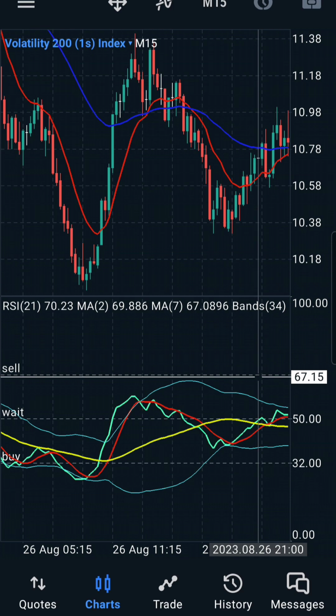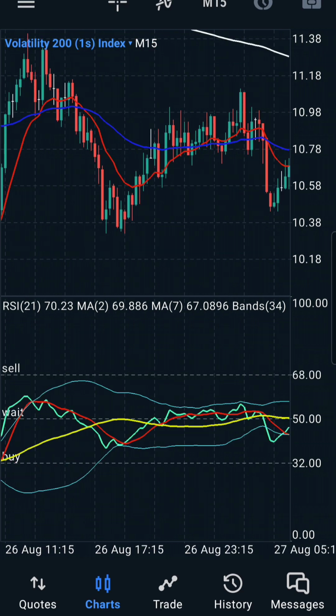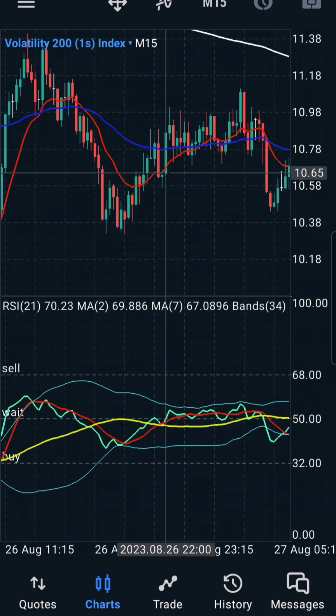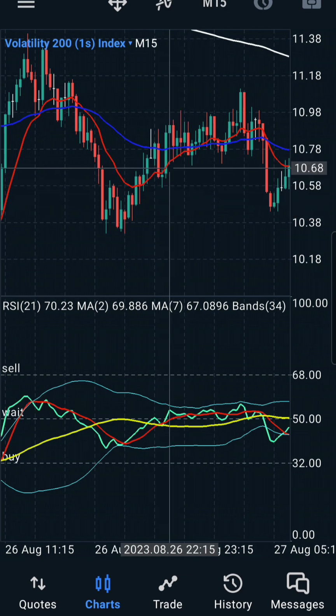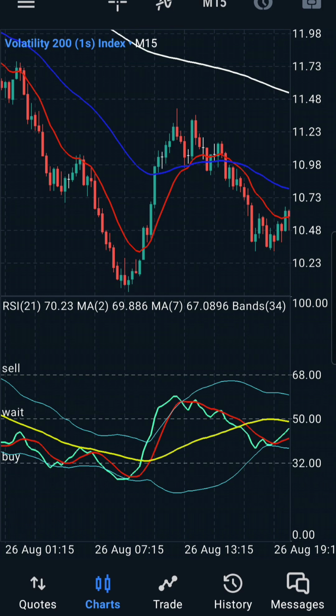Sometimes it may not break, it may just contact, and sometimes it will not even touch the band. But if you have got a TDI on H1, on a higher time frame, telling you that it was a shark fin, and when you anticipate reversals, that is it. So here I will teach anticipation of reversals or both, but people like reversals, and so you need to know why. You see some entries, they will be just right there, and you're wondering, wow, how did that guy do it, right? So these are the concepts which I wanted to tell you.